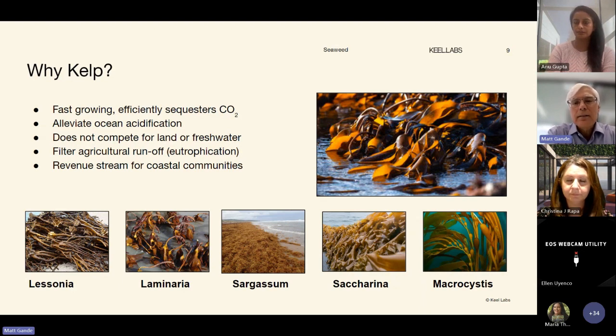There are several ways this can be done. If you look at the sargassum image there, you can see a lot of seaweed on the shore, on the beach. And as Anu had said, whenever we go to the beach, sometimes you can see a lot of that seaweed. It can be a real problem. It can be collected right off the beach in some cases, depending on which seaweed we're looking at. So that's one source of